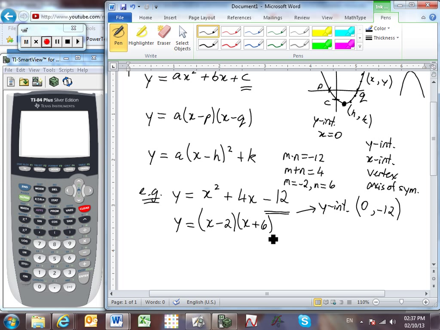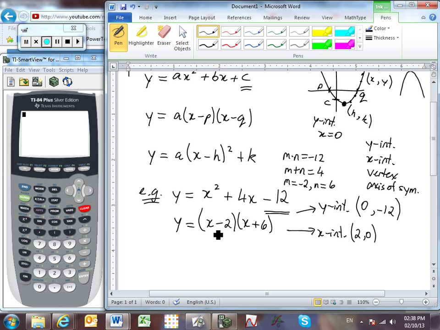Now you'll notice that the p and the q values are the things that are being subtracted from x. We're subtracting a 2 from the x, and so that must be one of our x-intercepts. So it's 2, and of course at an x-intercept the y value is 0, you'll see that in effect then we have taken the opposite of the number that is with the x. We don't take the opposite of a number that's with a y. This is one of the things that we've talked about with